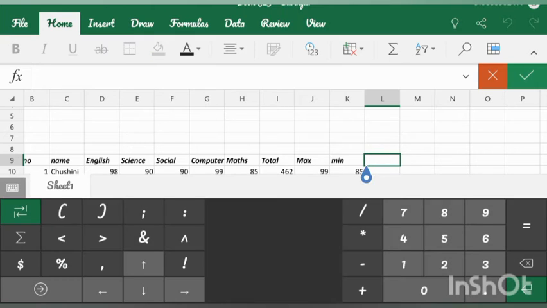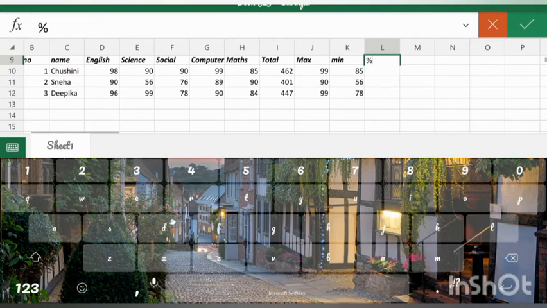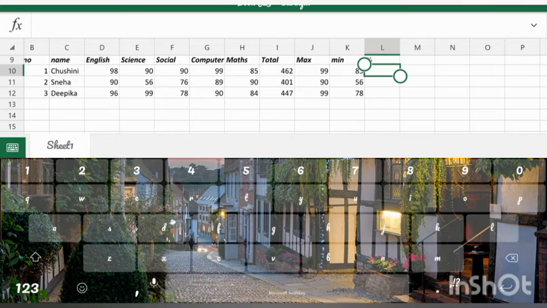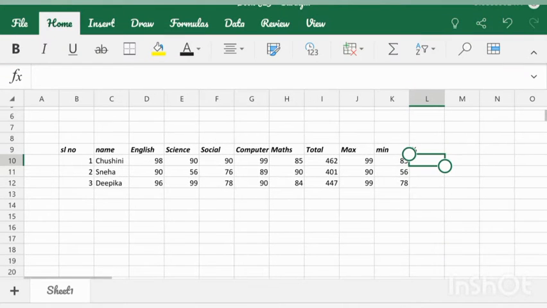So we have the percentage here. How to make the percentage? There is no direct formula. First we'll go through the subjects. How many subjects are there? 1, 2, 3, 4, 5. So 5 subjects are there. When we multiply by 100, we are going to get 500. So here I'll be giving it.